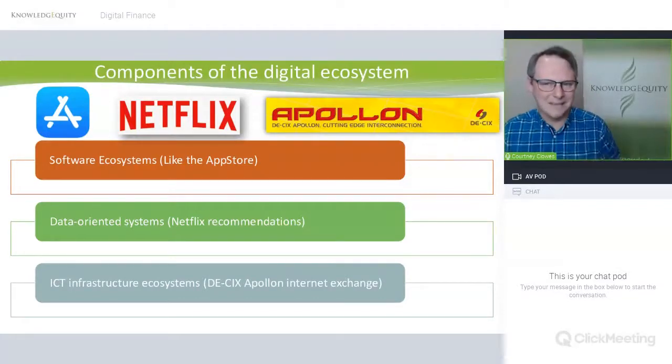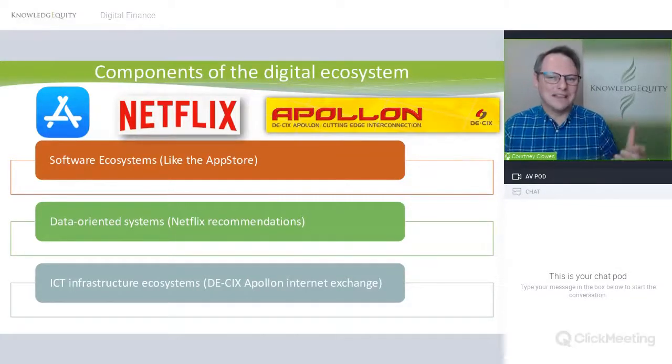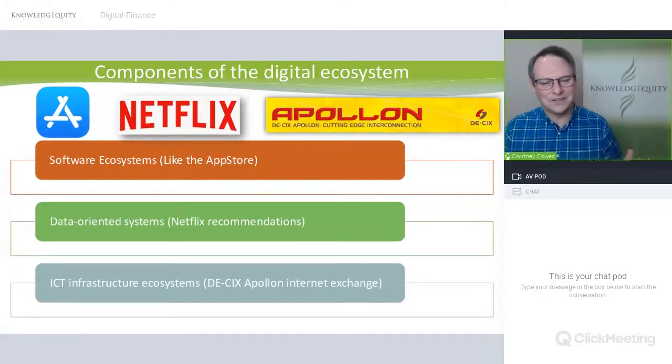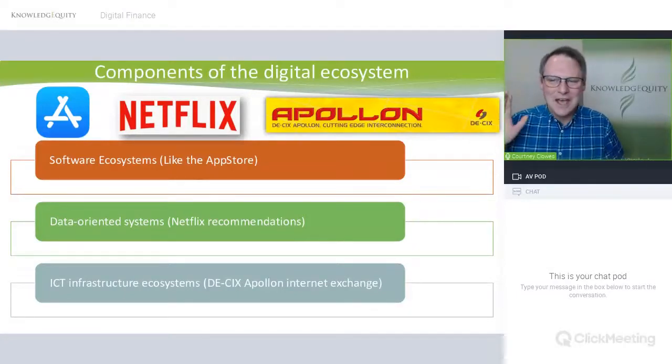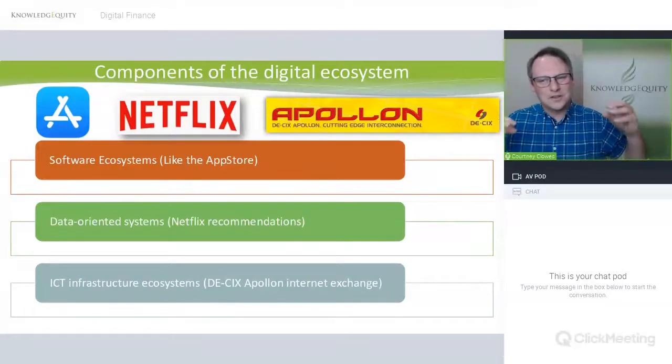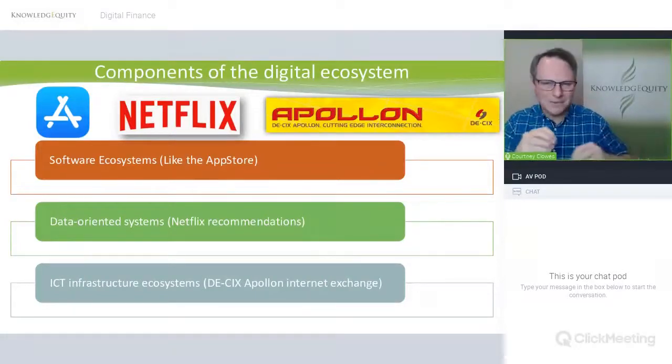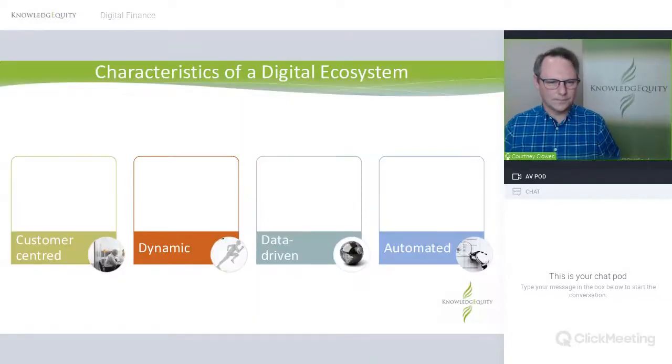And then someone has to make the internet work and make the broader systems around the world. So ICT infrastructure. You may never have heard of DE-CIX, the Deutsche Commercial Internet Exchange, based in Europe, but somewhere the servers all have to plug in and the pipes have to run the data to and from different countries all the way down the line to each of us doing our work.